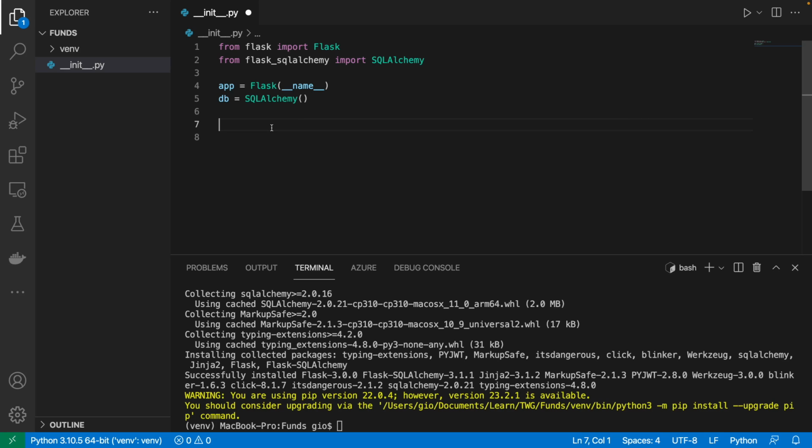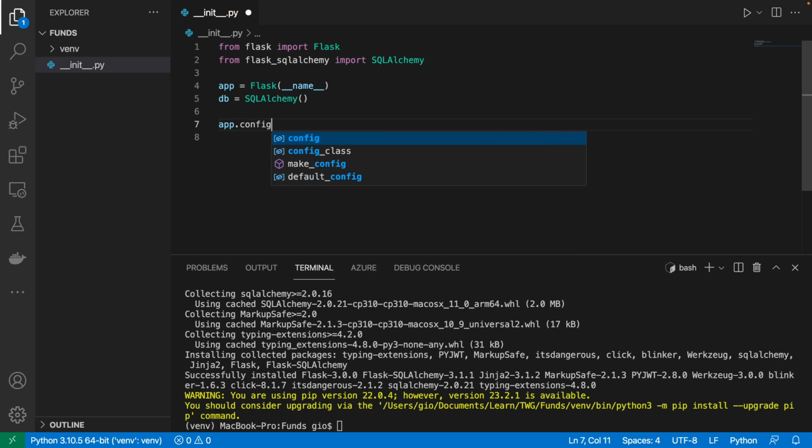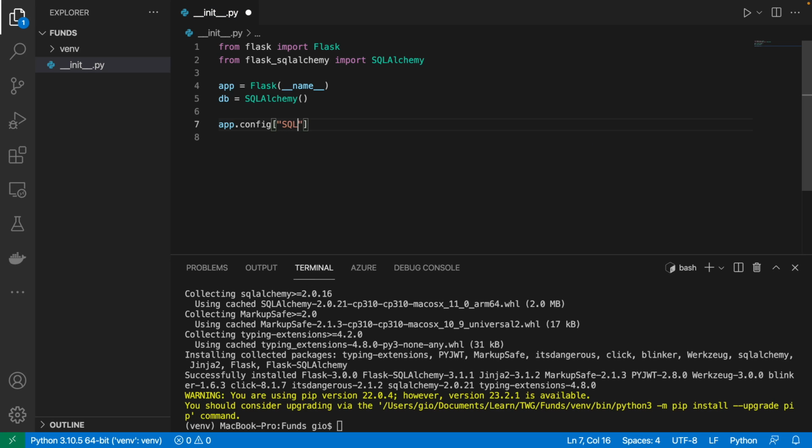So to do that, we have our instance of app, right? But we need to define the configuration. So we're going to do app.config, and what we're going to define is the SQLAlchemy database URI, right? So SQL underscore, and I already misspelled something, so that would have probably caused me some pain in the future, but I've seen it just now. So SQLAlchemy underscore database underscore URI, and what we can do here is set that equal to the Postgres DB